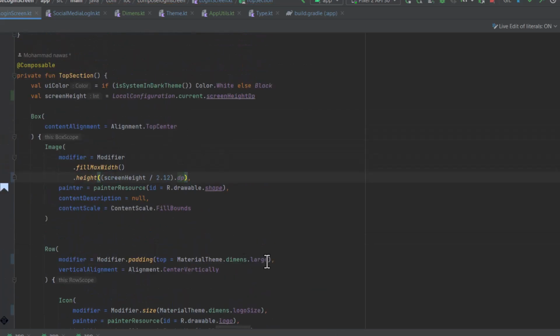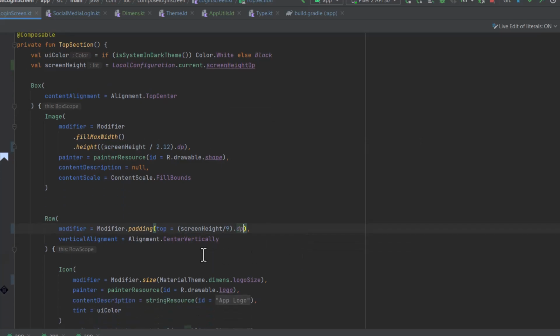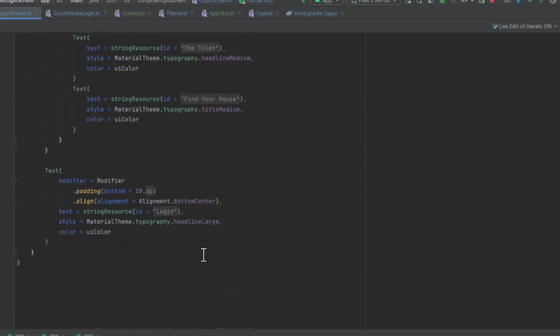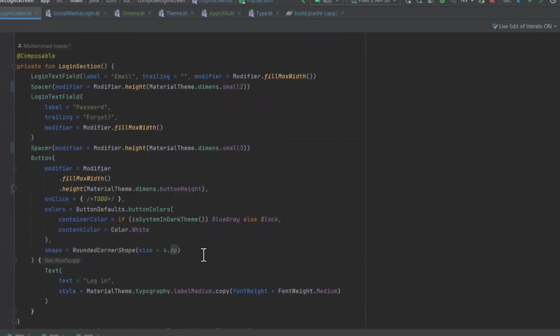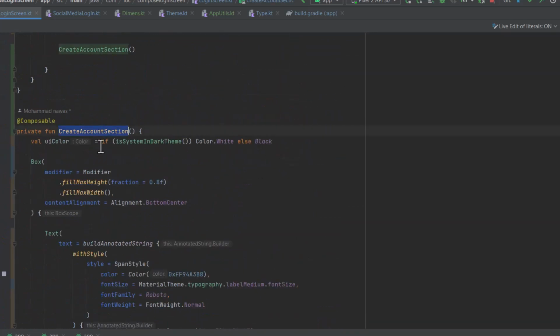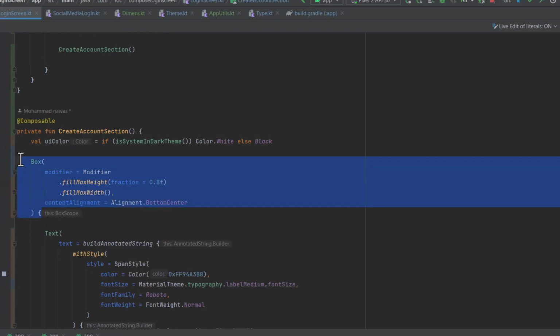And we also want to change the padding here because this won't work with this padding. We also want to depend on the screen height. So yeah, let's do that. Screen height, we divide that by 9. And now what we also want to change is the fraction in the bottom section. Let's go to there. So here we don't want to have this anymore. We can delete this entire box actually,